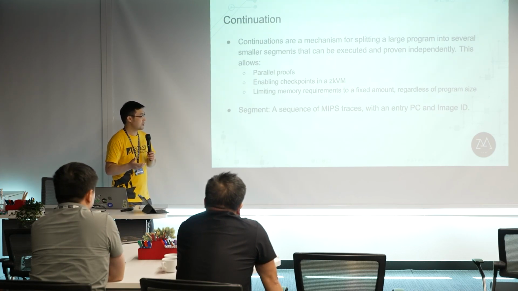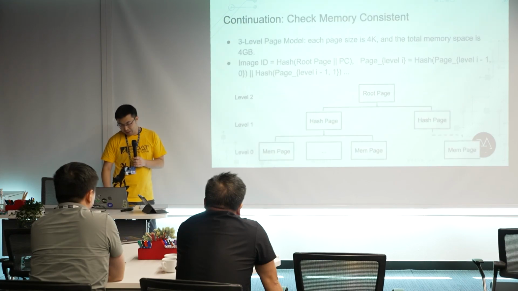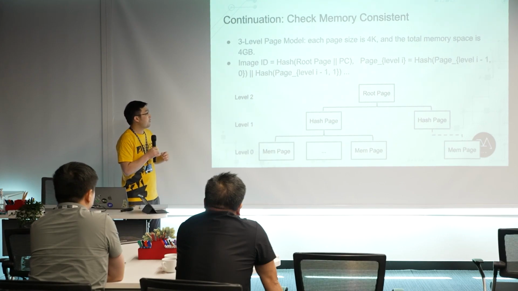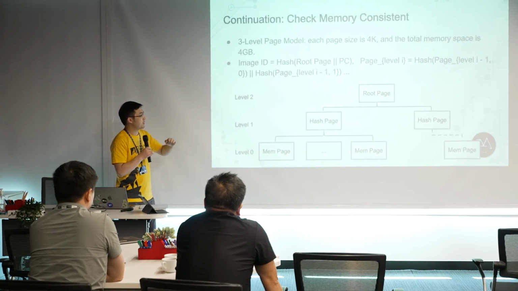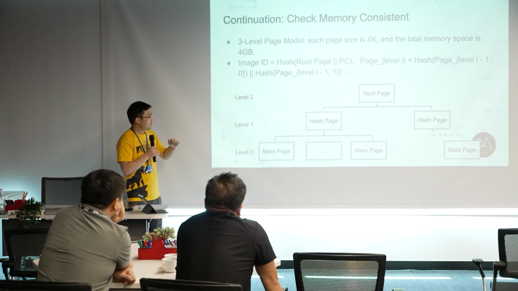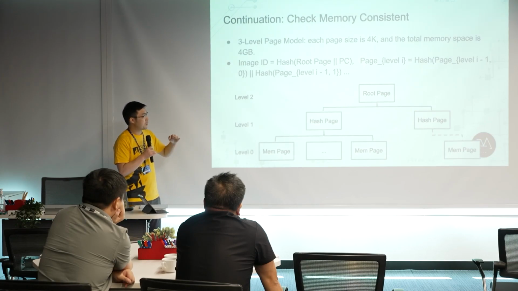Okay, a segment actually is a sequence of MIPS traces with an entry program counter and an image ID. So an image ID is basically the commitment or the snapshot of a memory space. We have 4 gigabytes of memory space here, and we split it into pages, where each page of the memory space is 4 kilobytes, and our image ID is calculated by the merklization,